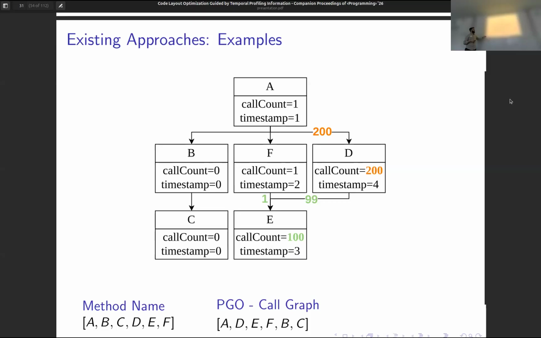But again, that doesn't reflect the order in which they were executed. So for example, A may call F and then E, and E may call whatever it wants. And D may execute much later during the program execution, but we see that D was put here. So for example, A and D may end up on the same page, but what we actually want is for F to be here because A was called, then F was called. And with this,